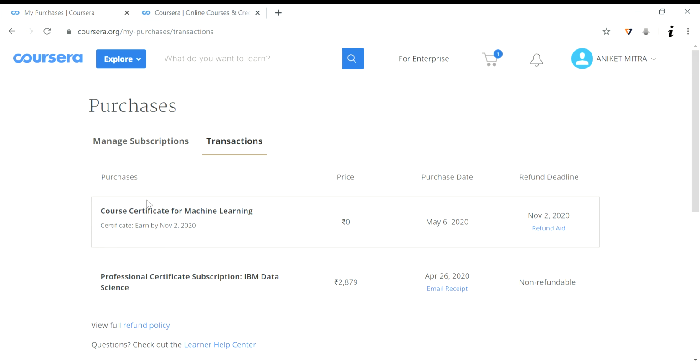Now this course which is interesting is for 0 rupees because I applied for financial aid on April 25th and on May 26th I got it approved. It took around 15 days, and it takes 15 days for each and every course to get financially approved. Also, you can get 50% discount if you are willing to pay some amount, and if by chance you don't get a financial aid, you can still opt for 50% discount by Coursera on the course amount.